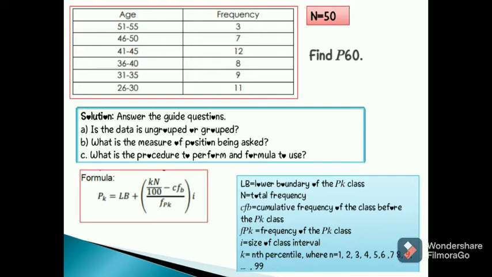The fPk, the frequency. Then the interval. Since the interval is 26, 27, 28, 29, 30, we have 5 for the interval. And the k, or the percentile, k is 60. So to complete the table,